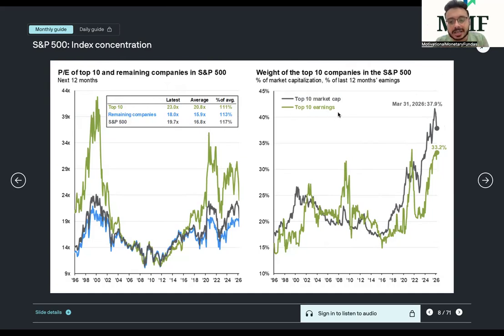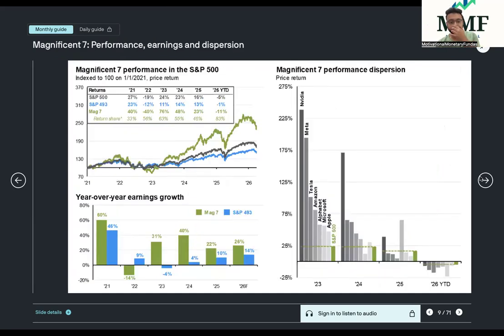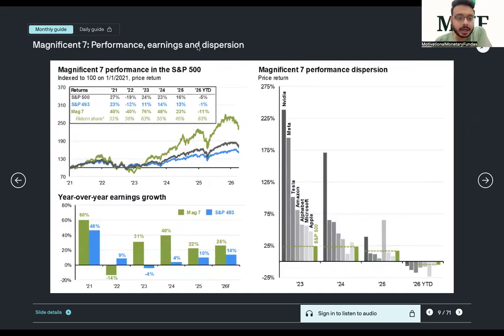But from an earnings perspective, they have a 33.2% weight. Again, it's an important chart. You see the returns of the S&P 500, correct? You see the S&P 493, that is excluding the Magnificent 7. The returns in terms of the price performance, not the earnings, but the price performance,